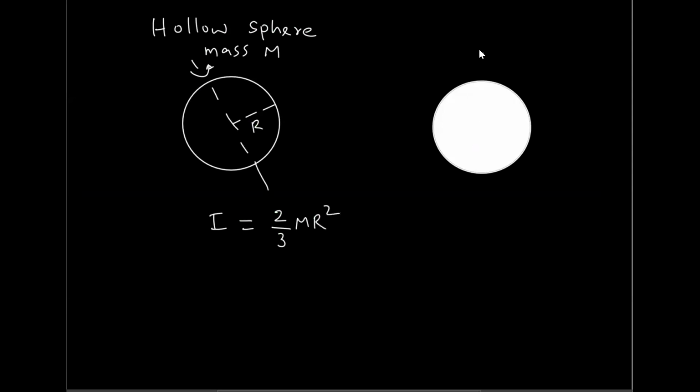And then I think this seems to be everyone's favorite. Even I find this in my class. Everyone remembers the solid sphere. I don't know why. Maybe that is the reason, it's asked the most. People might forget hollow, but the solid sphere moment of inertia they rarely forget. So this is 2/5 mr square.